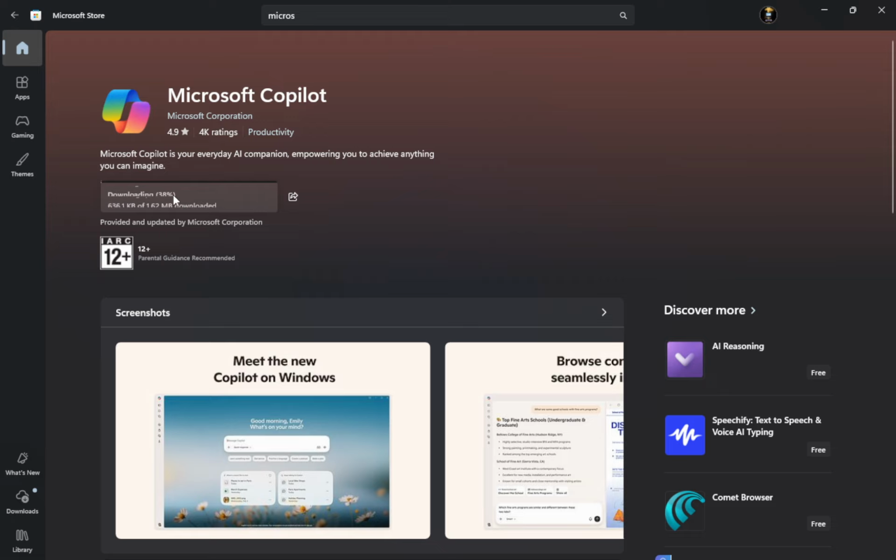Prefer not to install an app at all? You can use Copilot directly in your browser by visiting copilot.microsoft.com. There's no installation required, and you can sign in with the same Microsoft account for a consistent experience across